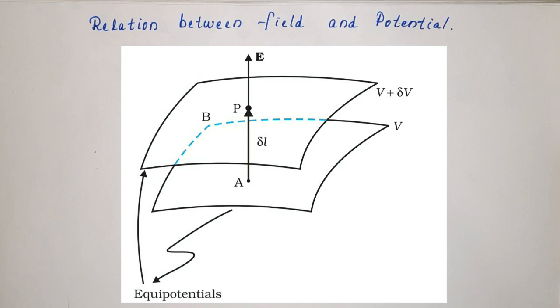Now we are going to find the relation between field and potential. To get that relation, we will write the expression for work done, the work done for displacing this unit positive charge from the plane B to the plane A. Planes B and A are equipotential surfaces. We will write the work done using two equations. What is the first one? The usual equation, force into displacement.